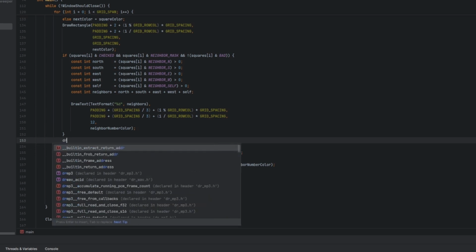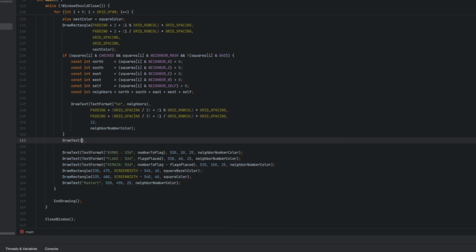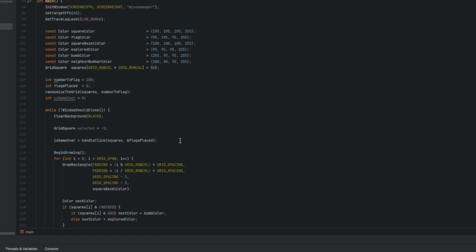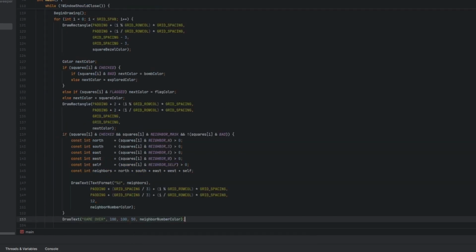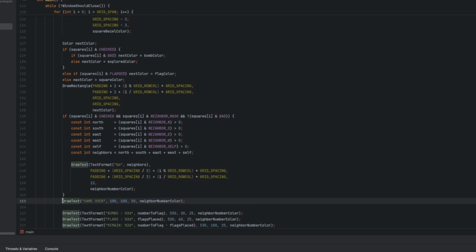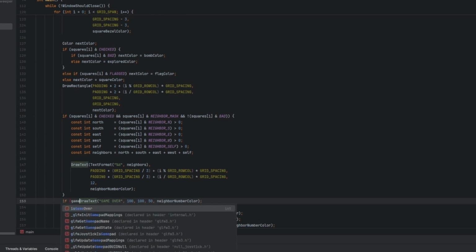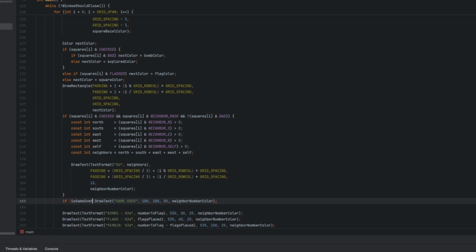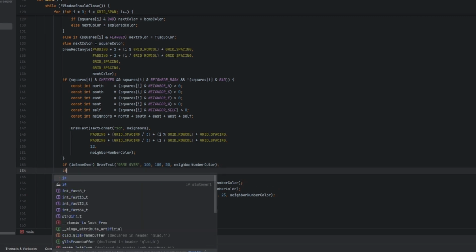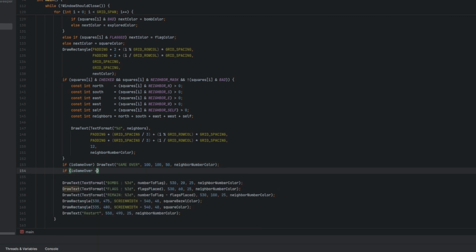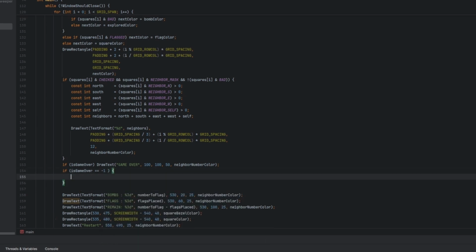Oops. Draw text, game over, 100, 50. Let's see, neighbor, number, color. If game is game over, is game over. If is game over equals -1, then